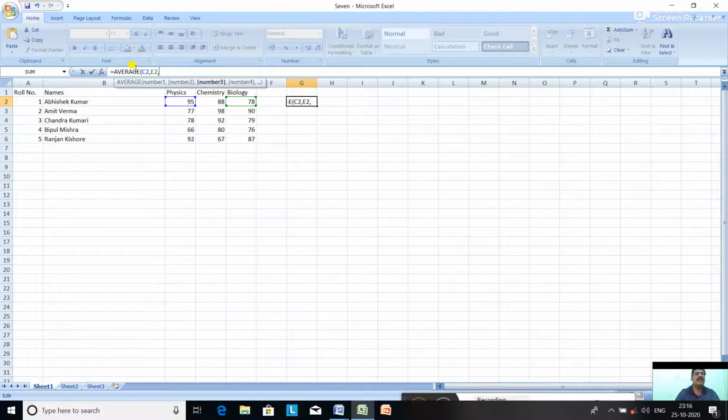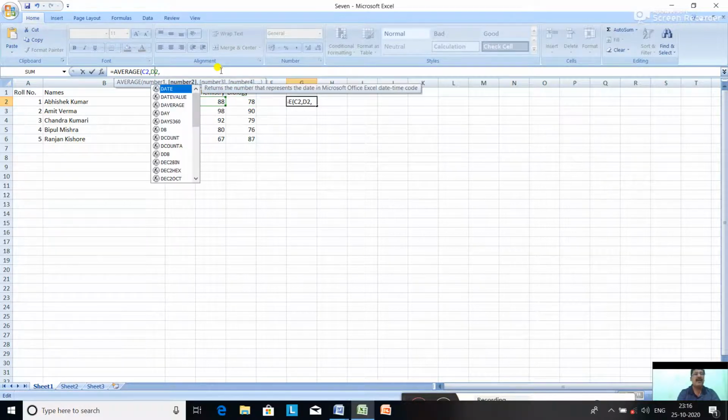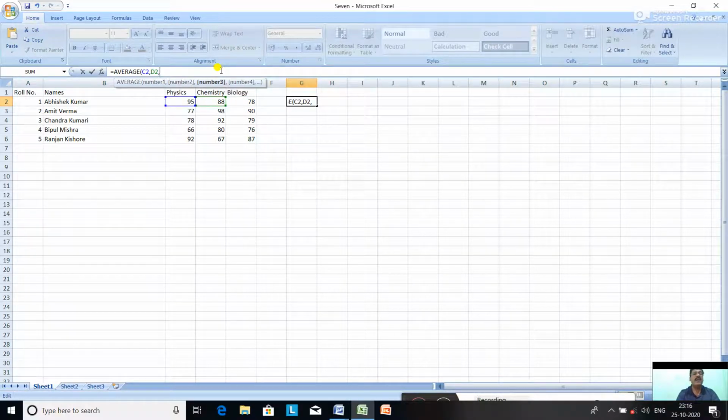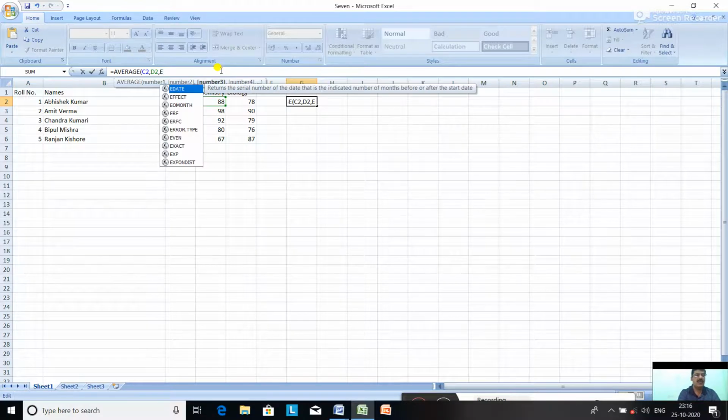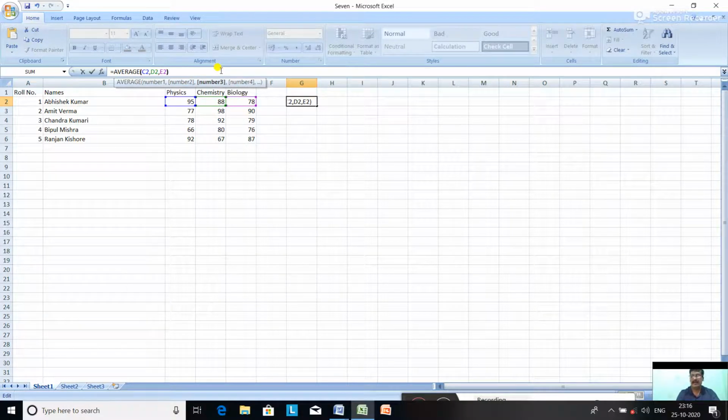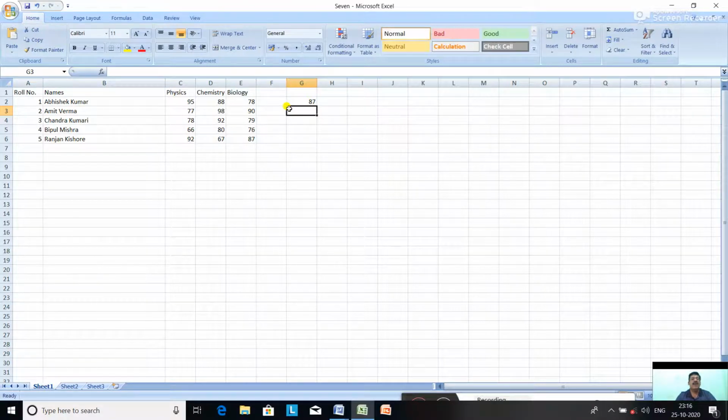No, the columns are A, B, C, D, E. After C, D, and after D, E. E2. Close, press the enter key. As you press the enter key, see, the average marks of Abhishek Kumar is 87.